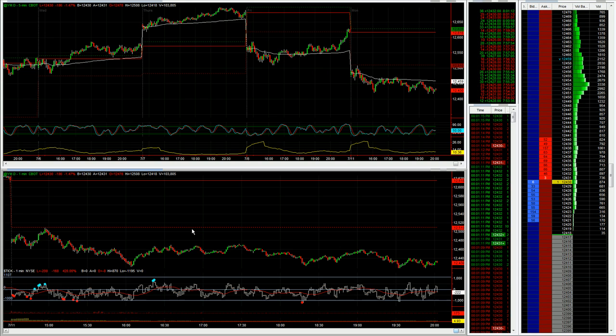So good trading, guys. As always, number one thing is manage your risk. You've got a trade idea. First thing you should be thinking, where's the risk? If the risk is too much, reduce the size. If you can't do that, don't take the trade. Simple as that.